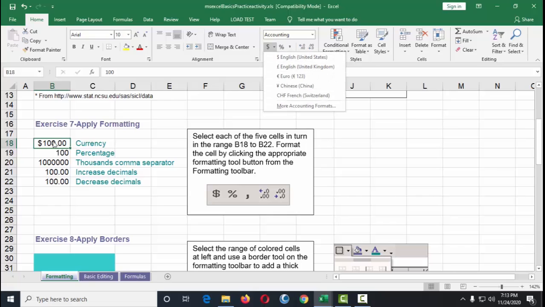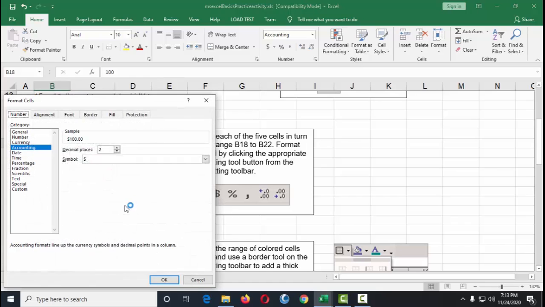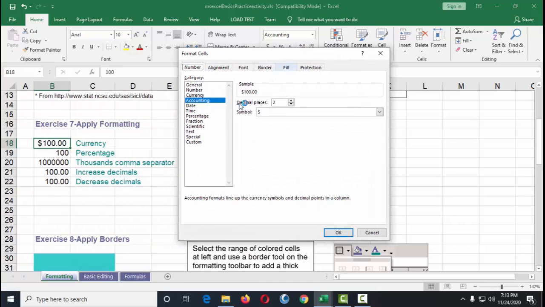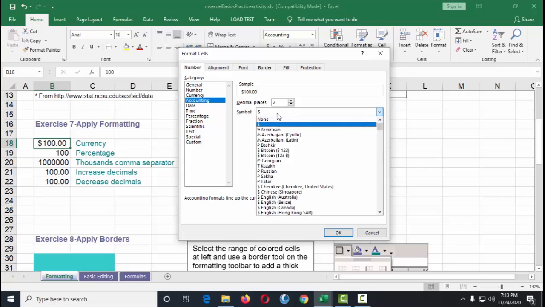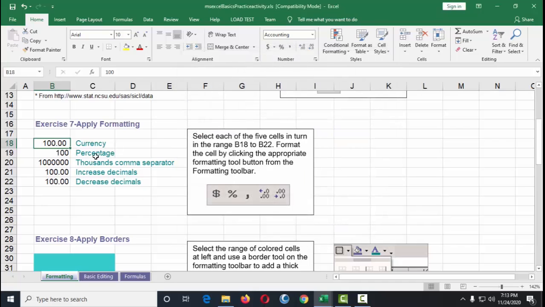You can right click on any cell and then click on format cells. Okay, so from here you'd be able to see what data format you'd like. By default, this kind of data that I have was set to accounting. Okay, so decimal places is 2, and the symbol is dollar sign. So if you want to remove that, you click on none and then click OK, and then it will disappear.